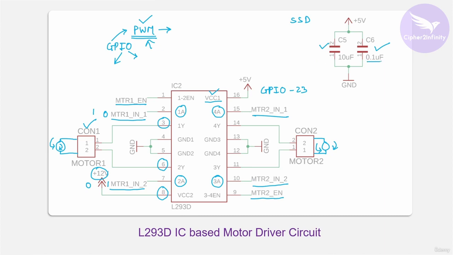And I told you that we are connecting this capacitor in parallel to this one. The reason is it's going to reduce the equivalent ESR, which stands for equivalent series resistance. So when we connect two capacitors in parallel, it's going to reduce the ESR. As a result, this capacitor will be able to deliver the power quickly to this particular IC. But even if you don't connect these two capacitors, it's completely fine in our design. And one more thing that I want to tell you, which I missed in the SSD section,